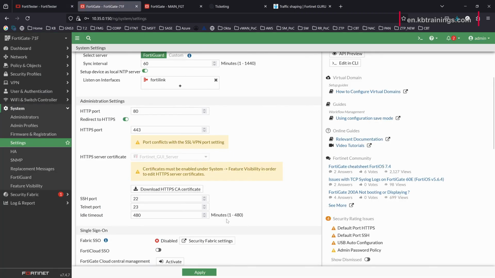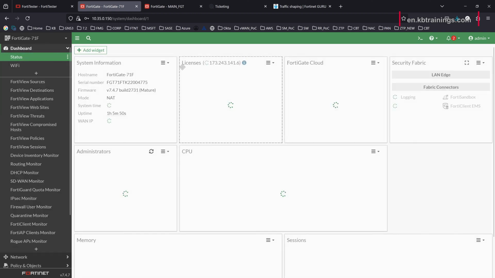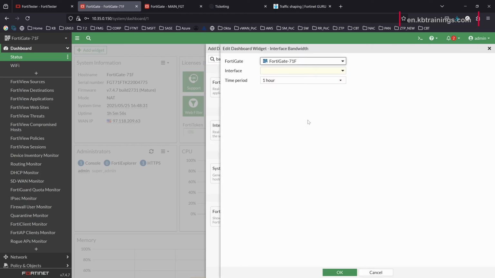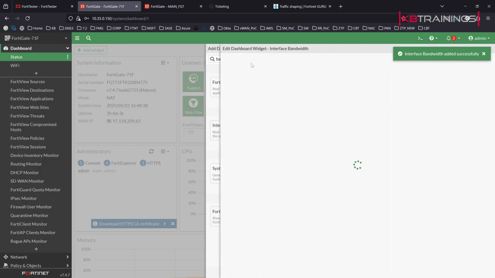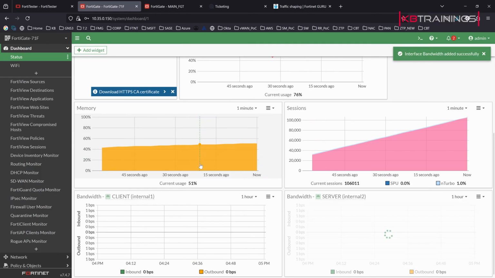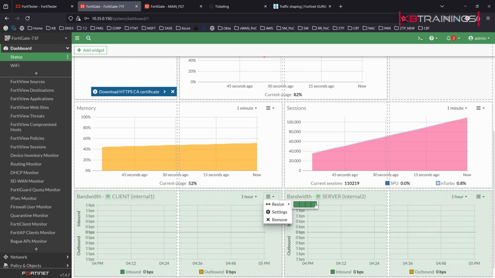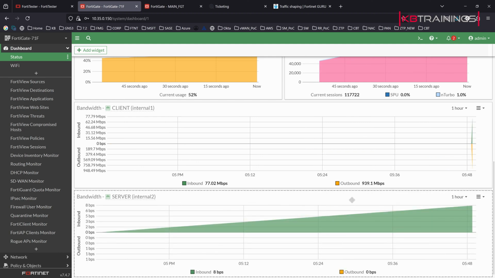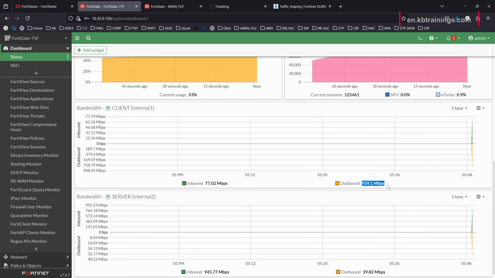On the FortiGate, now I can go to the dashboard. I like to create a new widget, the interface bandwidth. That's the widget. I can do that for the client interface, and I can create another widget for the server interface. Then if you go back to the dashboard, they're right here, and I like to make them larger like this, and make this one large like that. As you can see, we have 939 megabits per second on the internal port